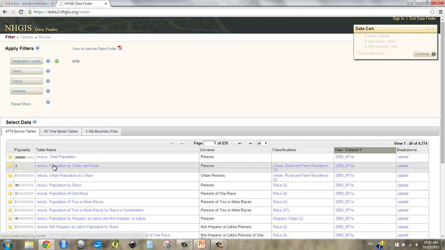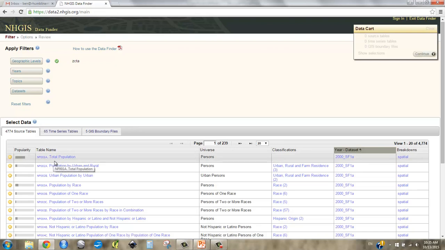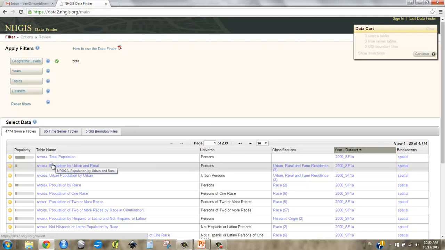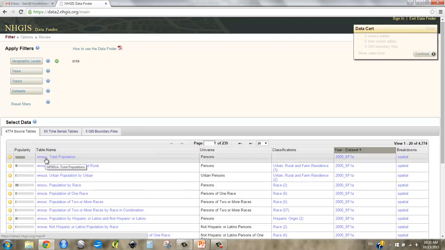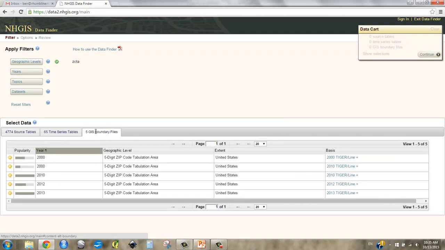The information that I have already, the parcel data, is what I'm interested in. I'm just using zip codes to help refine my study area. So I really just want the boundary files, which are the actual shapefiles, the shapes on the earth. These source tables we might consider, these are all just thousands of attribute tables that you can join to the boundary file. So I'm just going to download a boundary file,